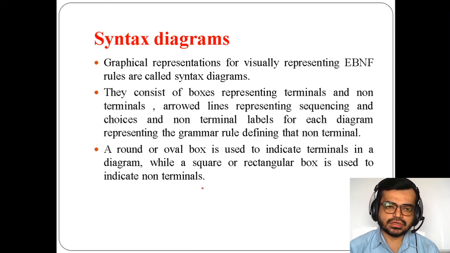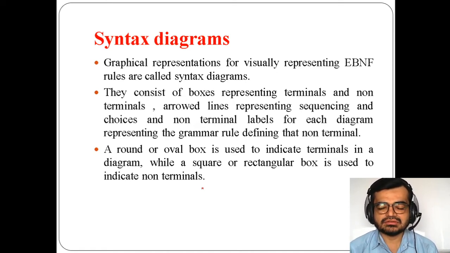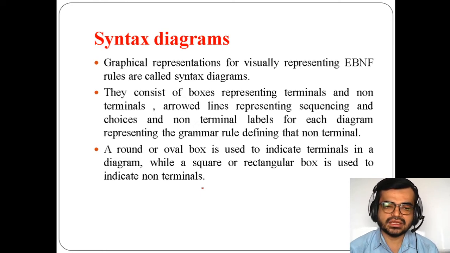The reason we use the syntax diagram is that looking at the grammar in a traditional way, as we have seen in the previous session, is harder. Instead, if we represent it in a graphical way, EBNF becomes easy to understand, and it becomes very easy to see how the EBNF works.